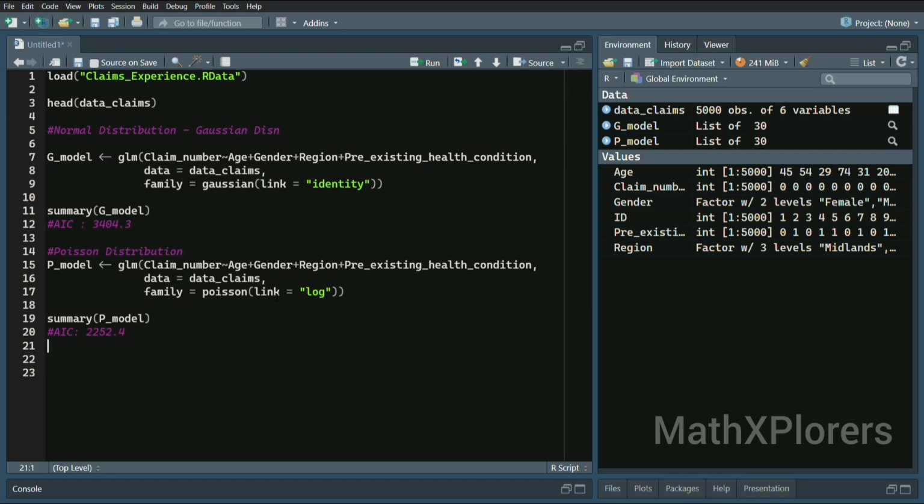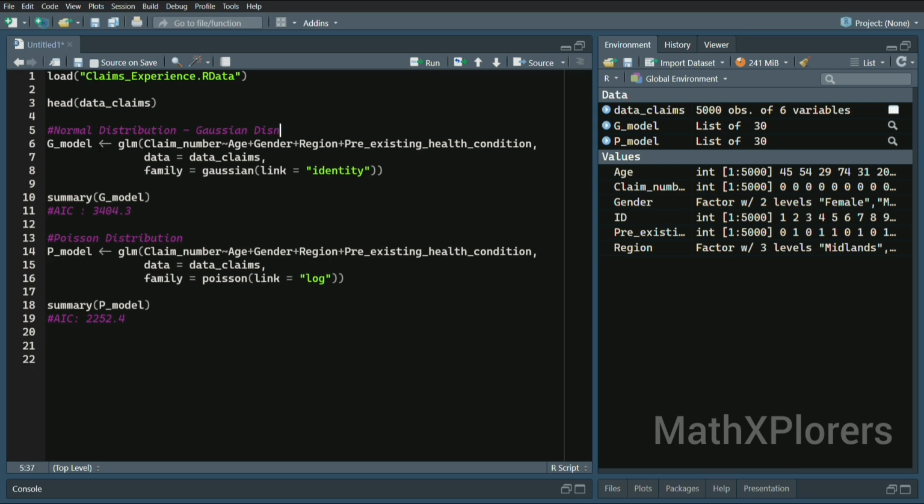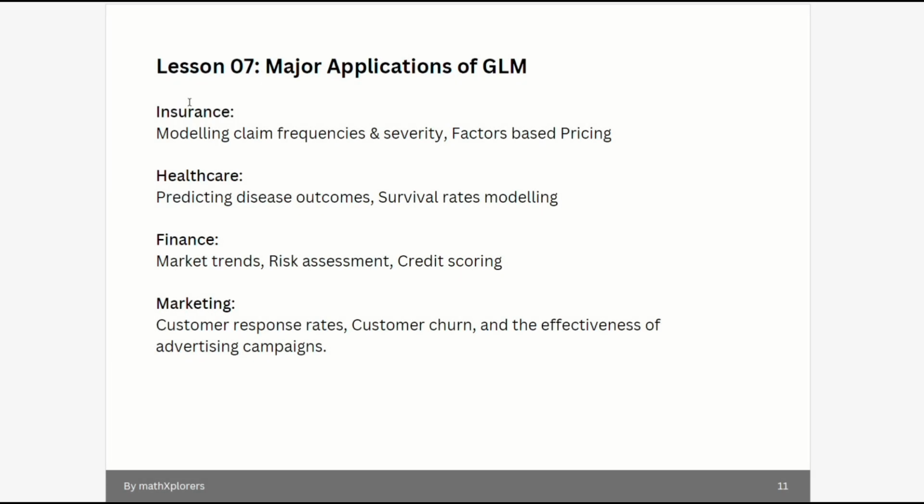Okay, and I guess it's pretty clear that firstly we defined our variables, that are age, gender, region, pre-existing health conditions. Then we identified the distribution that we will be picking, and based on the distribution we also identified the link function associated with it. So here the age, gender, pre-existing conditions, and region are our linear predictor. I hope that this much is pretty clear as it is the basics of GLM model analysis. I am not going to go into more detail of this. This is, I think, the crux part of it, which you need to have in mind whenever you are doing GLM model analysis.